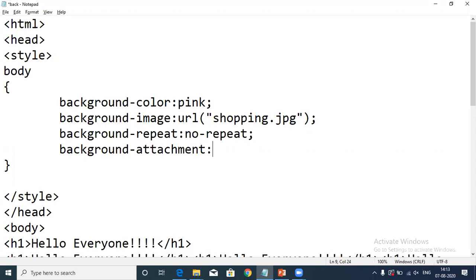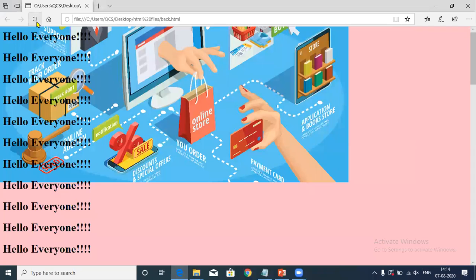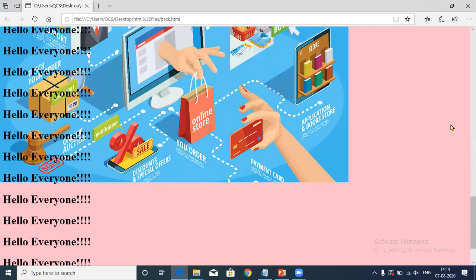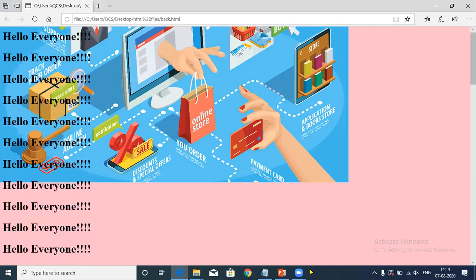The default value for the background attachment is scroll. We will write here fixed. We want to fix the background attachment. So you will refresh it. Now you can scroll down the text, but your background image is fixed.